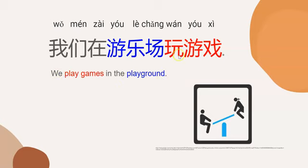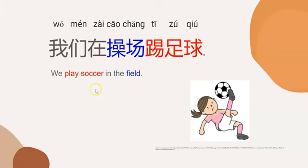Here is another sentence. We play games in the playground. First, how to say play games? 玩游戏。Then how to say playground? 游乐场。So we play games in the playground. 我们在游乐场玩游戏。Now, I want you to say this sentence by yourself. 我们在游乐场玩游戏。